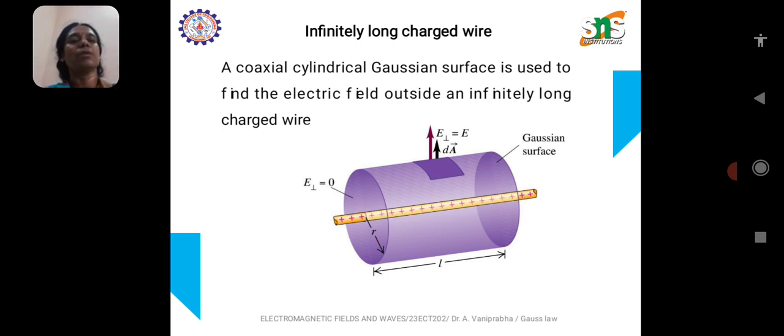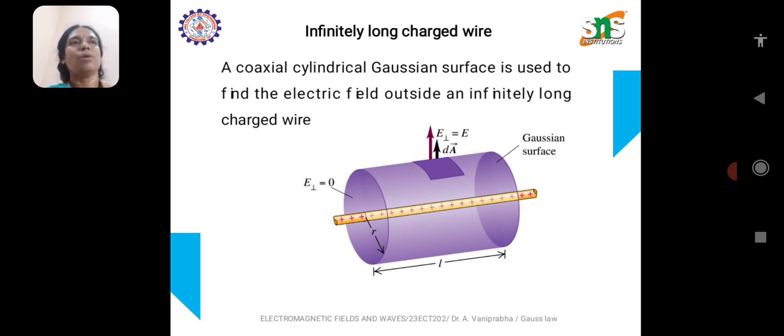So here the length of the wire is L, and similarly the height of the cylinder will be L. So the dimensions have to be properly identified and properly inserted in the formula so as to get the Q enclosed. And also, one important thing to remember here is, once the current carrying element is given, we have to identify the